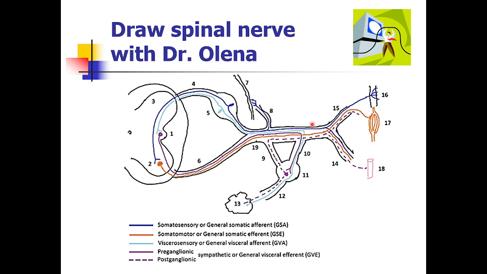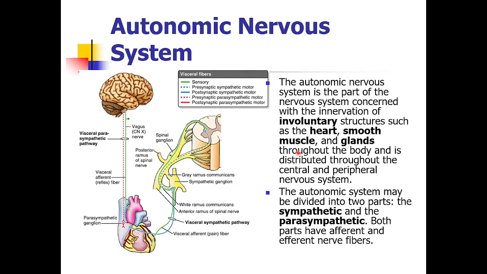By the way, guys, when we talk about this white communicant, one more time, what do we run through the white communicant? We run preganglionic sympathetic, and we run visceral afferent, meaning sensory from internal organs. Yes? What do we run through the gray communicant? Postganglionic sympathetic. Very good. And now you can understand why it is like that. So white versus gray: running together with the sensory gives me that white color. Myelinated structures are my sensory fibers. Gray is not myelinated. We named it gray, obviously. Okay, guys? Let's move on.